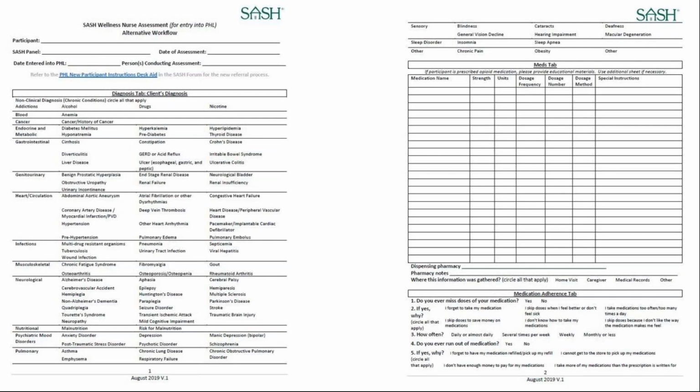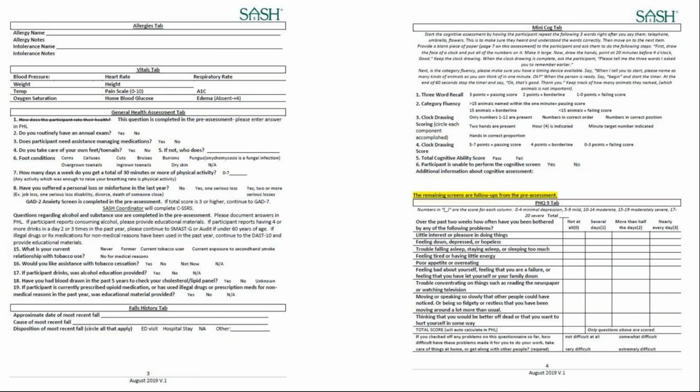So here's the wellness nurse alternative. Nothing is new with the wellness nurse assessment. It's just shorter because a lot of those screens ended up on the pre-screen and with the SASH coordinator. So you're still going to collect the diagnoses information on page 1. Page 2, you have medications and medication adherence. Allergies, intolerances, vitals. The general health assessment tab, some of these questions got bumped out to that pre-assessment, so you can see question 1 is crossed out and it says, this question is completed in the pre-assessment,